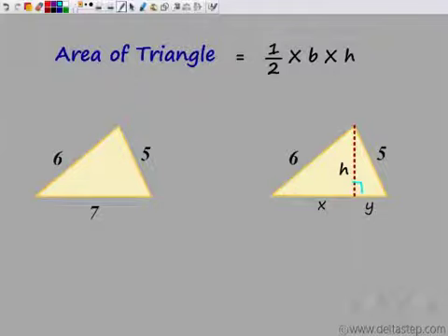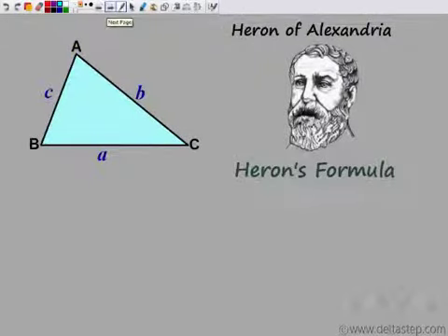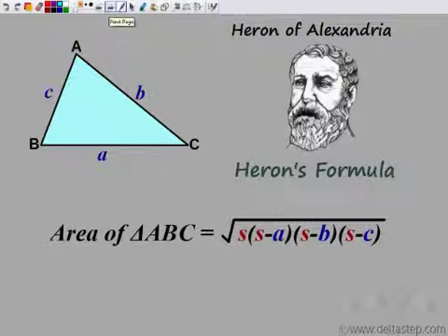So what we do is, if I have a triangle with 3 given sides, then I find the area by Heron's formula. Now Heron's formula was basically given by Heron of Alexandria. He has proved this formula also in his book called Metrica. So the formula is that area of a triangle ABC would be given by the square root of S into S minus A into S minus B into S minus C.